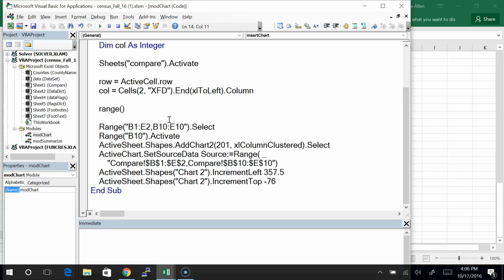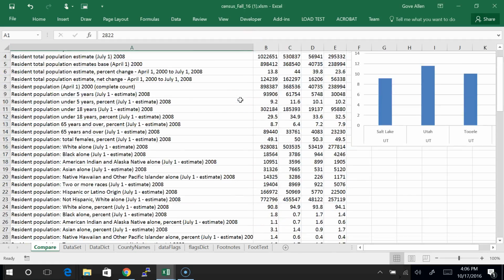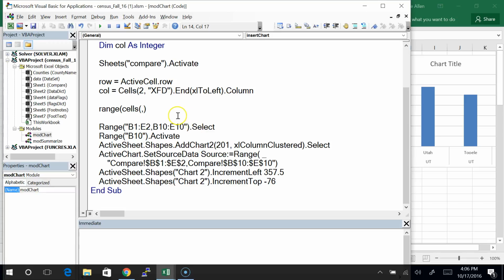So range. Now, one way to refer to a contiguous range is by giving it what? I give it 2 different cells, and we'll just take everything between them. Okay, so I've got 2 cells. In fact, this one's always the same. It's always going to start where? Row number 1, column number 2. This always starts right here. So I can just say,